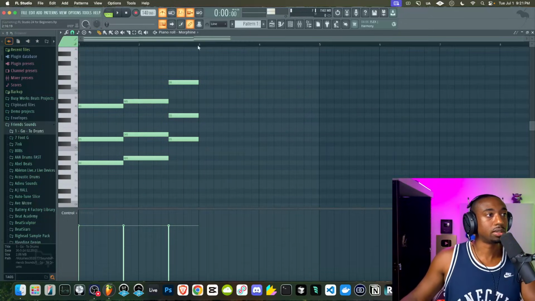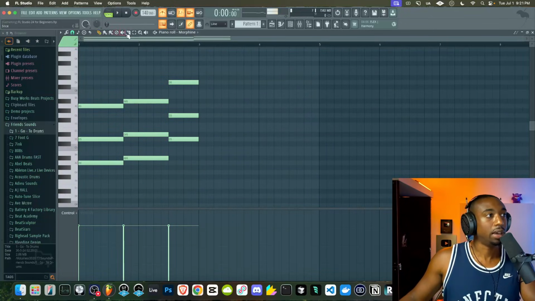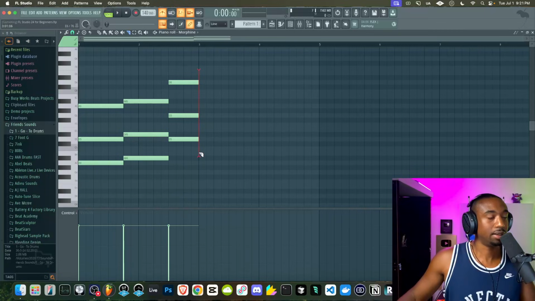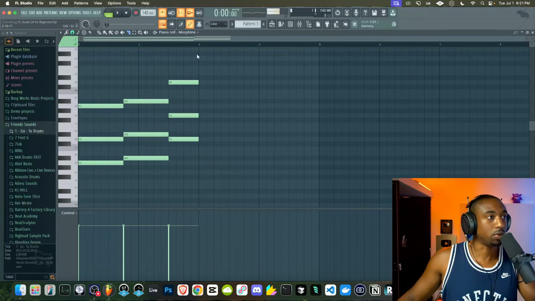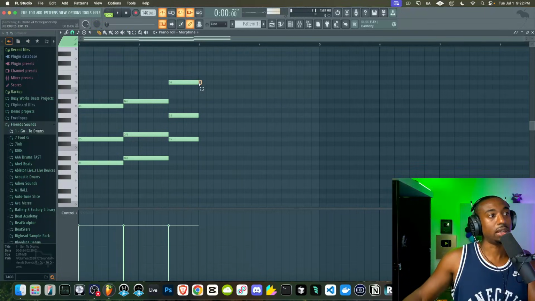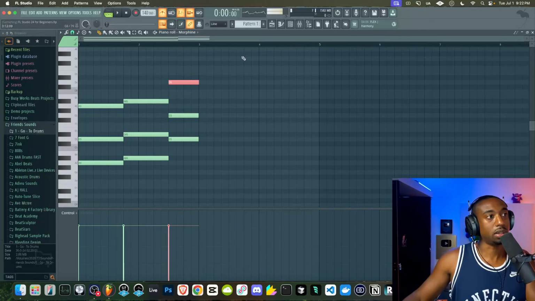And now we're gonna make sure this chord ends right at the bar. If your chord overlaps by a little bit, grab the slice tool, hit Shift, right click, and that will cut off any of the excess that goes over that bar. It's important because if FL even has a small little bit over the bar, it will continue to loop. Watch.